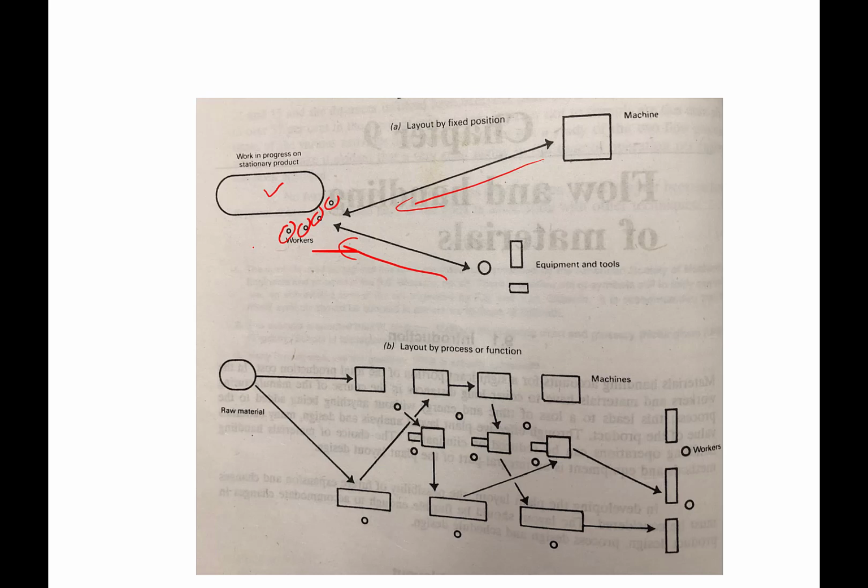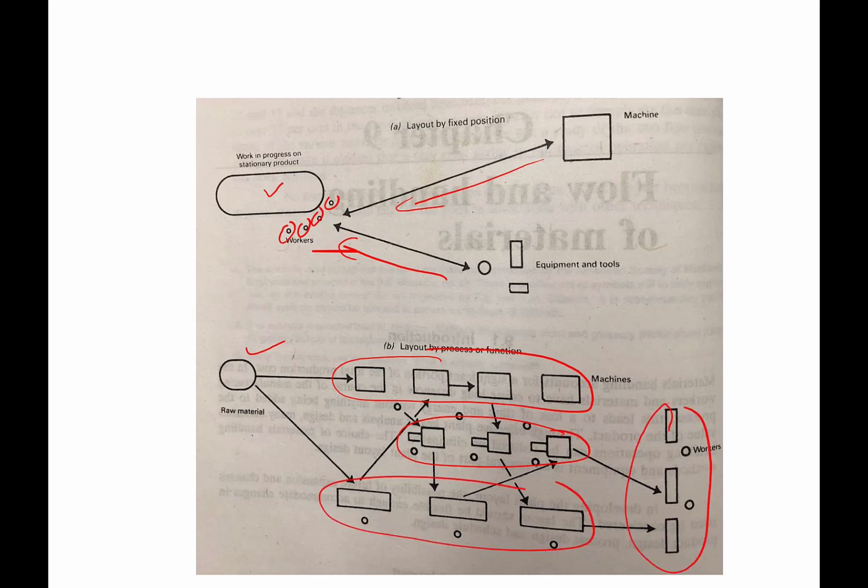And in case of the process layout, say the raw material is moved to the different sections. This is one section, this is another section, this is another section, this is another section, right? So if the movement of the things is not that smooth, if you see in this one case here moving like this, then like this, then it goes in. So if there is more variety, then more clumsy movement can exist between the different sections, and that